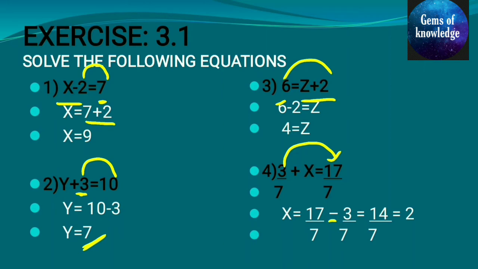Before it was plus, it will become minus here. Okay. So 17 by 7 minus 3 by 7 is nothing but, the denominator will be the same, as both the denominators are the same, 7 and 7. What was changed? Only the numerator is changed. 17 minus 3 will become 14 here. So as this is cancelled, 7 ones are 7 and 7 twos are 14. We will get the answer as 2. So x is equal to 2.